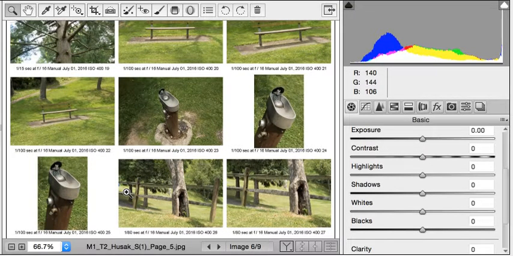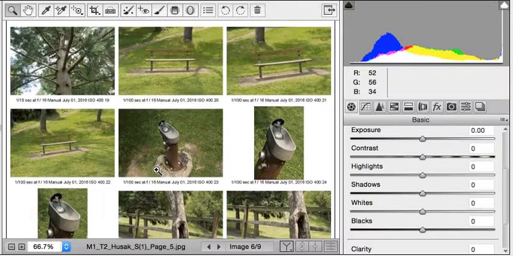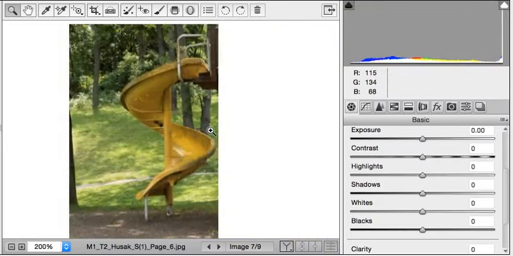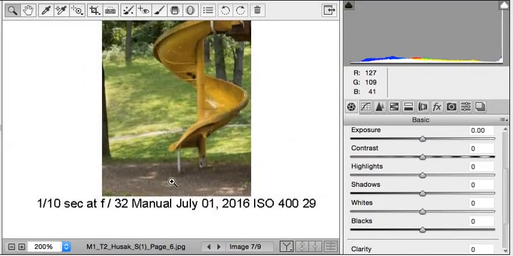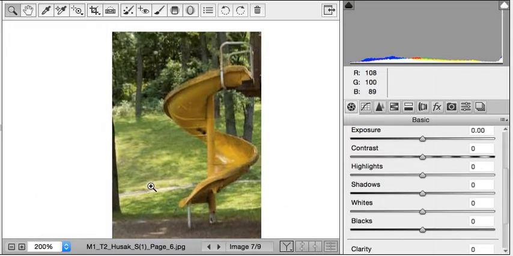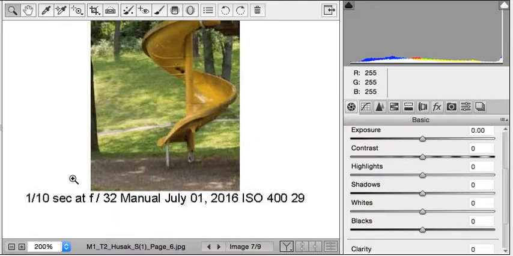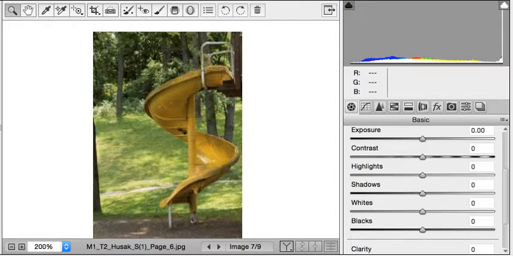I am concerned, however, that your exposures are, something is not set to manual. So you need to double check that and let me know. But overall, you're doing great. Keep going with it. Take more images that are more specific to travel, not just a picture of a tree, but